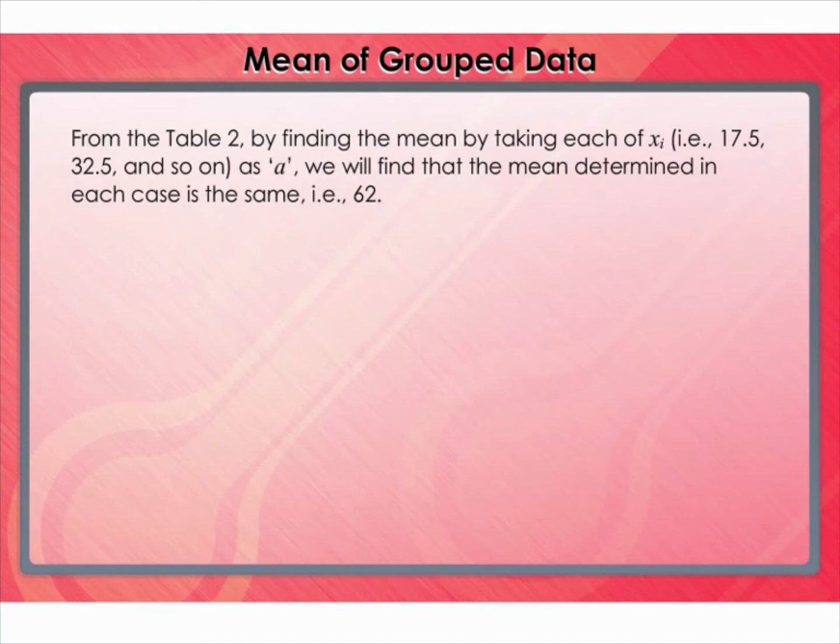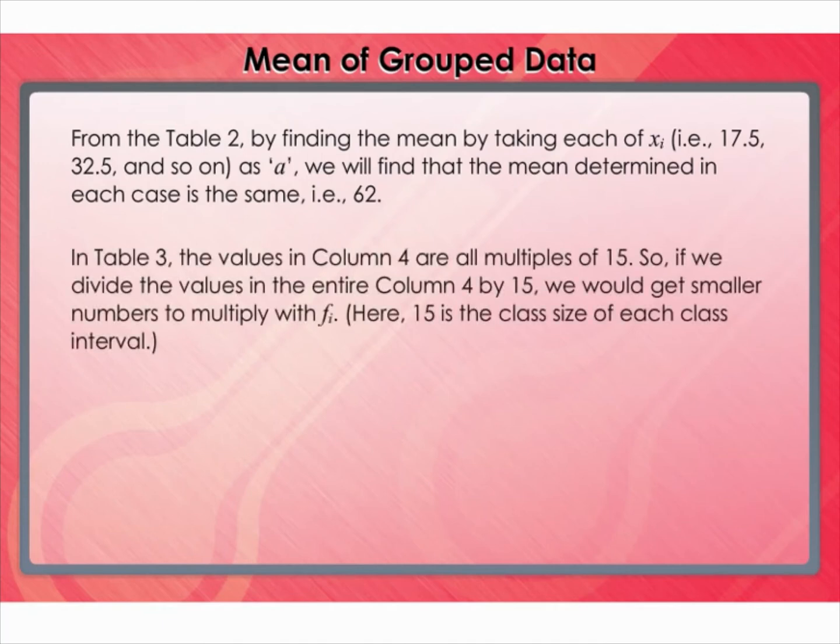As A, we will find that the mean determined in each case is the same, that is 62. In Table 3, the values in column 4 are all multiples of 15. So if we divide the values in the entire column 4 by 15, we would get smaller numbers to multiply with Fi. Here, 15 is the class size of each class interval,